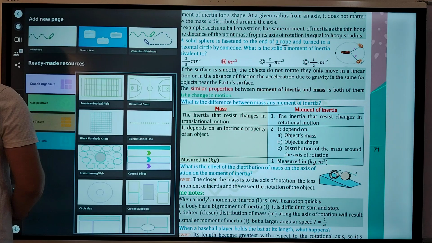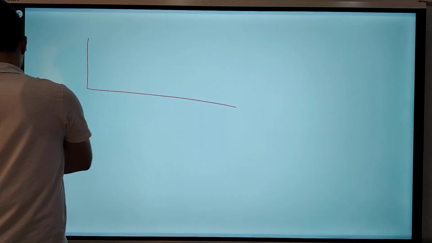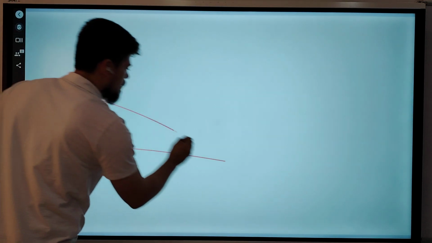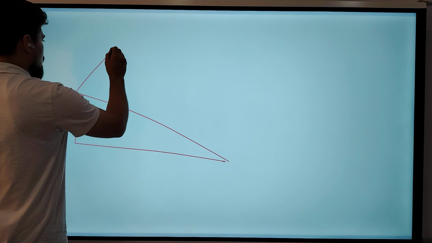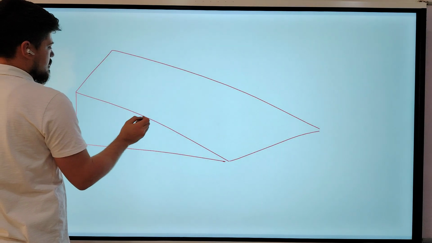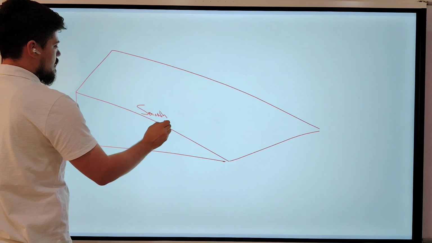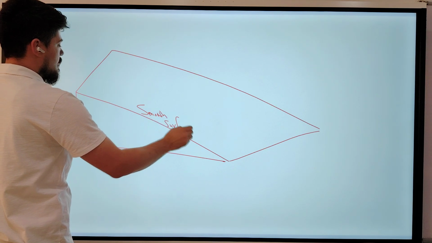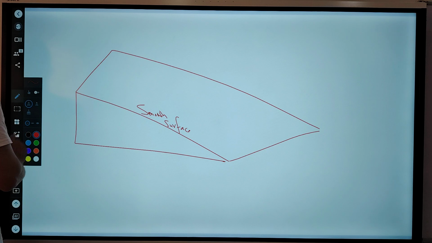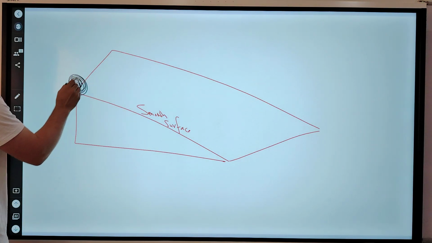If the surface is smooth, okay, for the smooth surface, a solid sphere, such as a bowling ball,